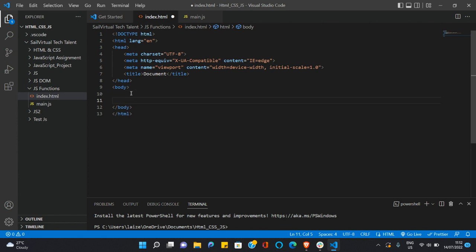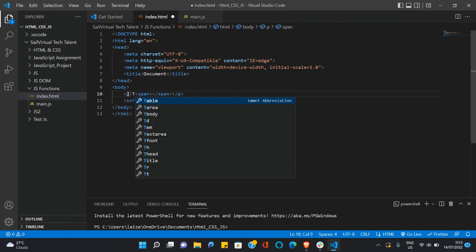Okay, so we have all this now. I would reference our JavaScript here to be main.js. The next thing we'll do is to create some HTML elements that we would make use of. And so I would say the output of this function